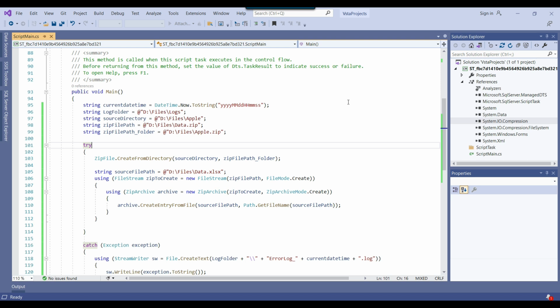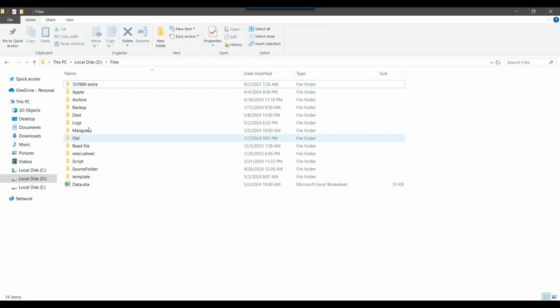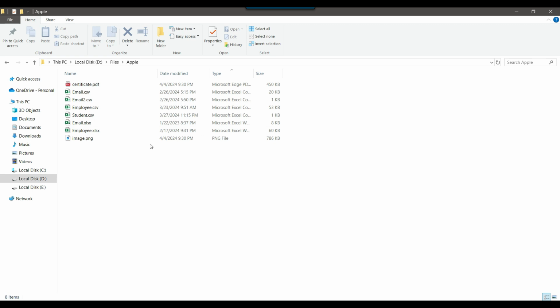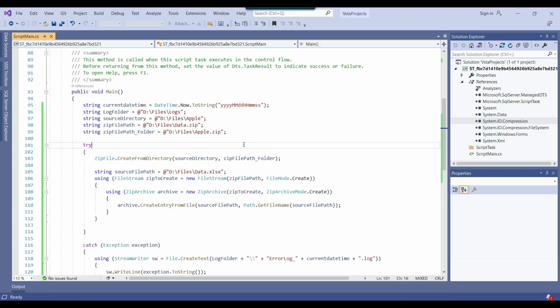For now I'm just showing you these values as hard coded, but maybe in the next video I can create a package that can zip a single file at a time. For example, if you want to zip all the CSV files, we can run a foreach loop, and inside the foreach we can pass one file name at a time and it can create one zip file at a time. We can do that in the next video because this video is getting lengthy now.